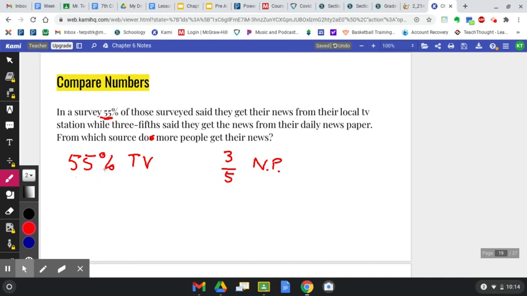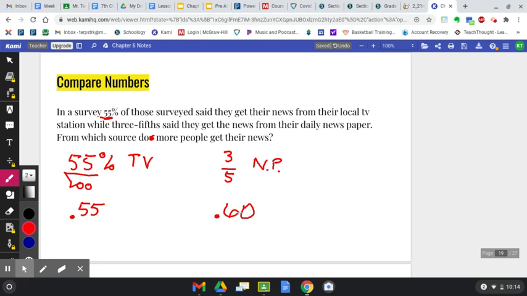So remember, to turn it into a decimal, I'm going to divide by 100, right? Which means move it to the left 2. And if I did 3 divided by 5, that would give me 0.6, right? Or 0.60,